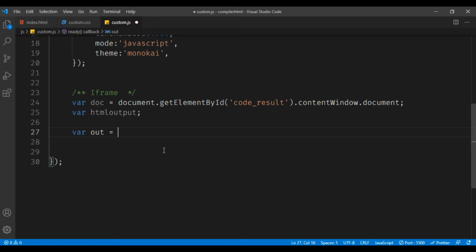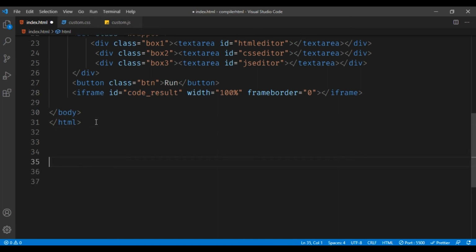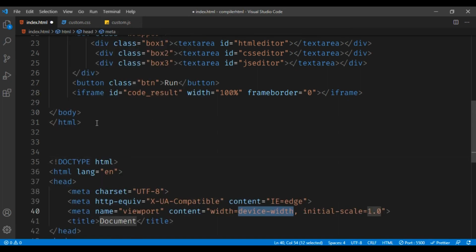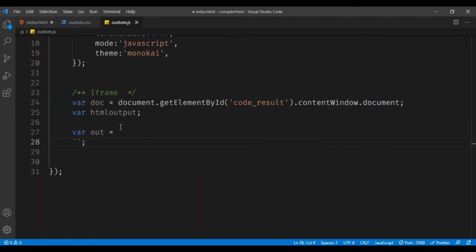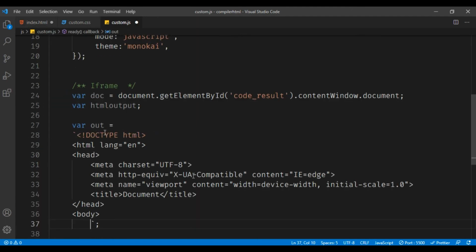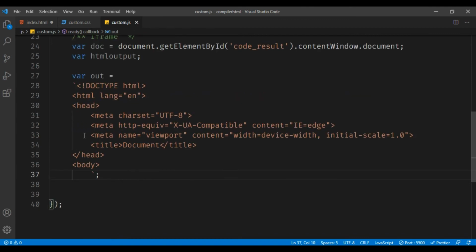Let me use this variable out equals to backtick. Let me first initialize the template, HTML file template. So let me paste this here, and I'll be using no blank space.